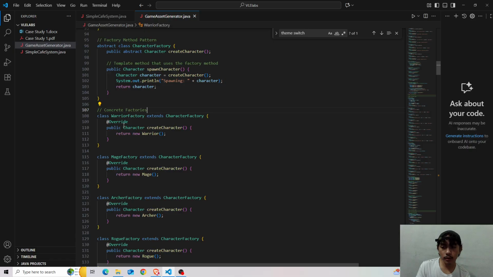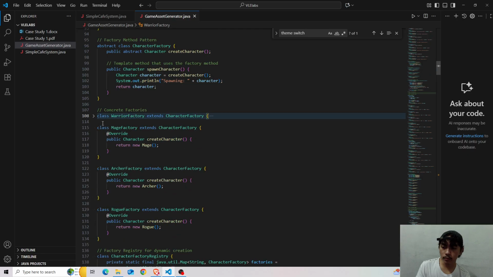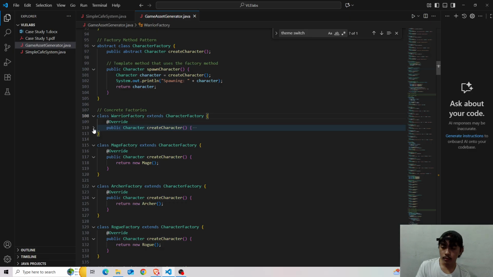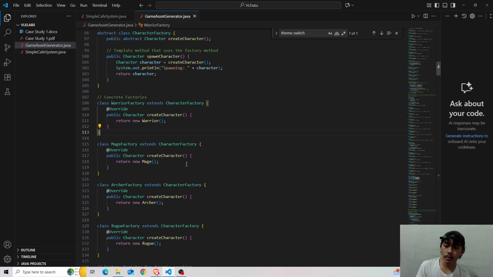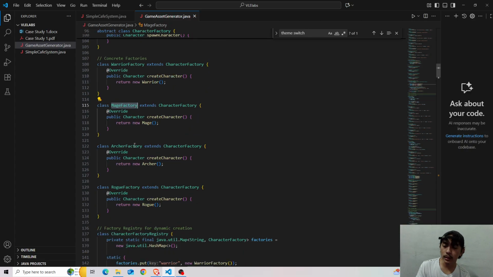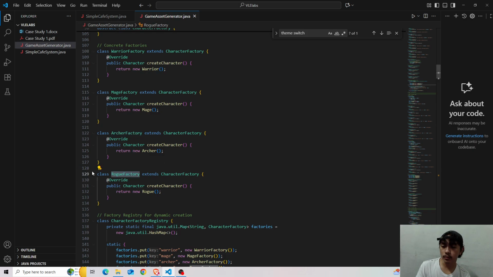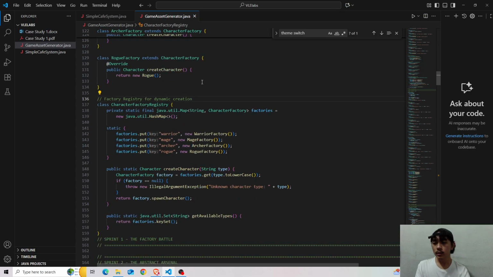This is basically how other concrete factories are being implemented. So the mage factory, archer factory, and the rogue factory all have the same implementations, right? So let's proceed to the factory registry for dynamic creation.